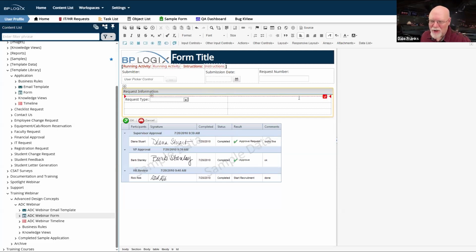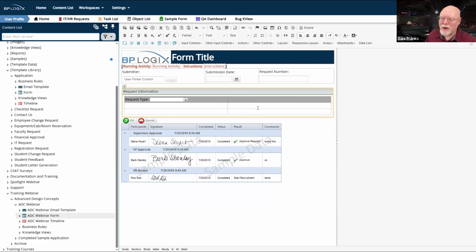I can add controls without worrying about my table columns collapsing and expanding inadvertently. It does that because it wants to give you as much space as possible to put stuff into the column, but it can be a little irritating. So you can short circuit that just by highlighting the items in your top column. And by the way, you can have different column widths. Just remember, if you're going to do it by percentages, they all have to add up to 100% so that it fills the screen properly.